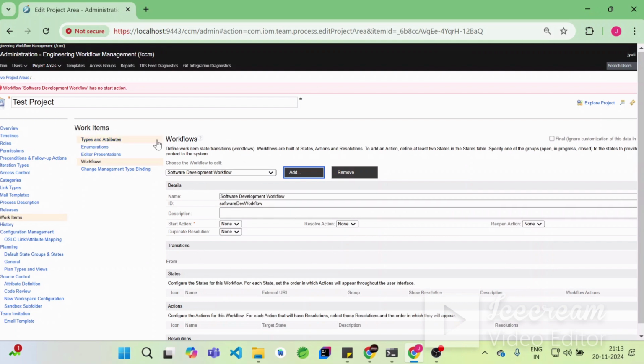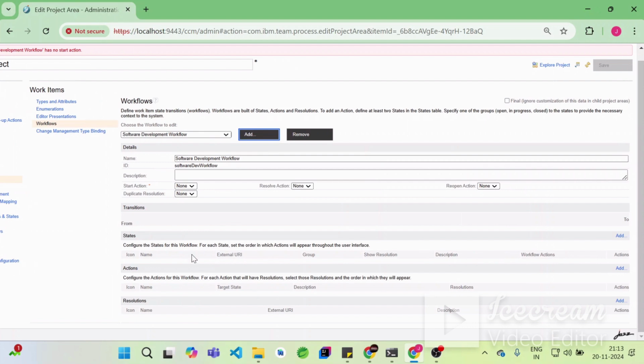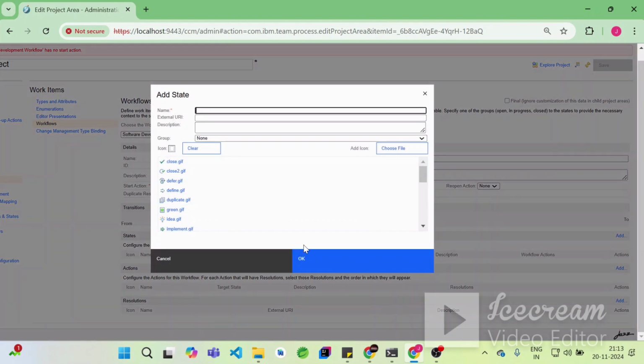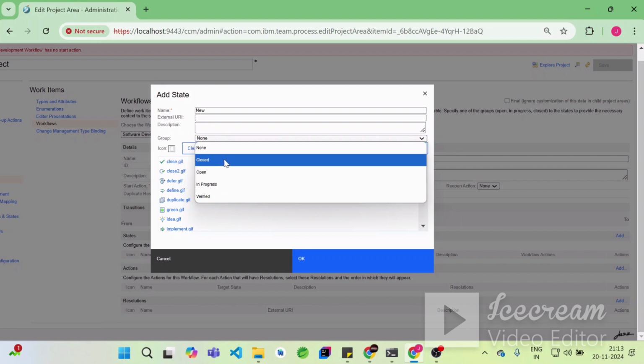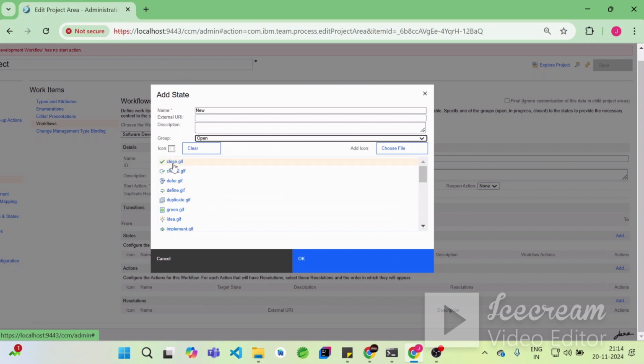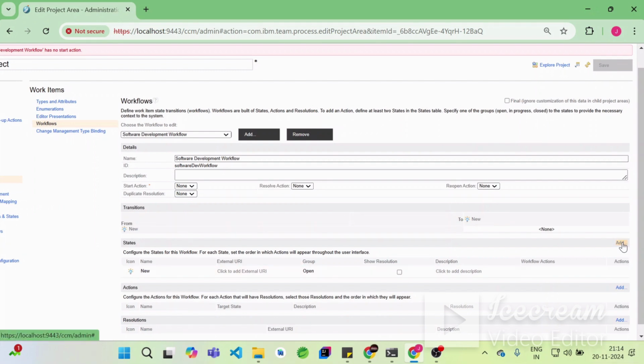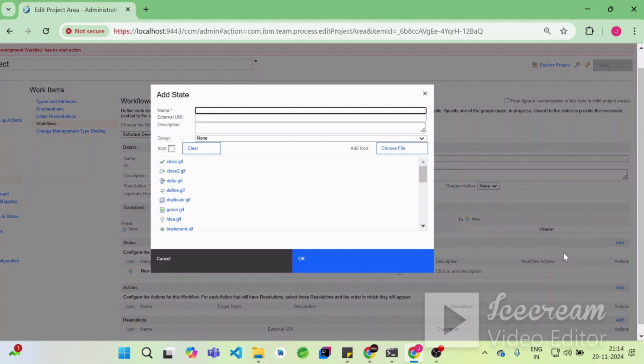Now you are moved to this workflow page. Here we need to configure states, which we have already seen in the previous videos, right? So we need to configure states one by one. The first workflow state will be New. Here we need to assign groups. Let's keep it inside the Open group. It's up to you whether you provide icons or not. I'm going to provide this icon for New. Then In Progress,